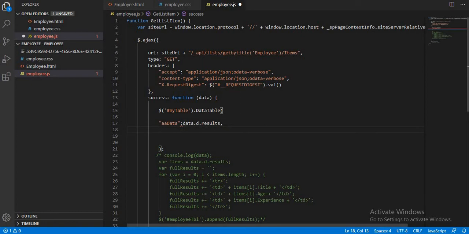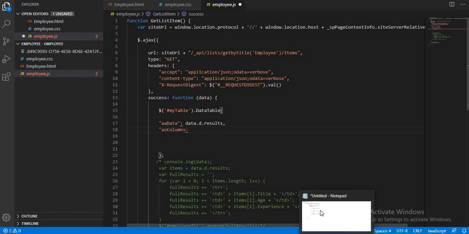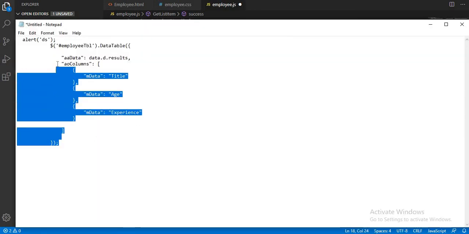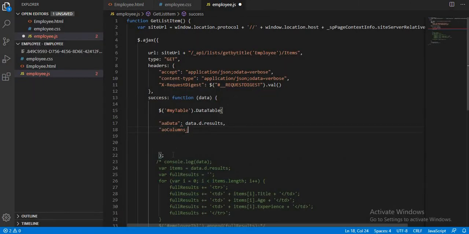Now the next thing, we have to add our columns. What all columns we have mentioned here? So we will just type columns. When we type the columns here, like that we have to type all of them. I just copied it, I will show you. So I just copied it here, and I'm replacing it, and I will explain what the things are.